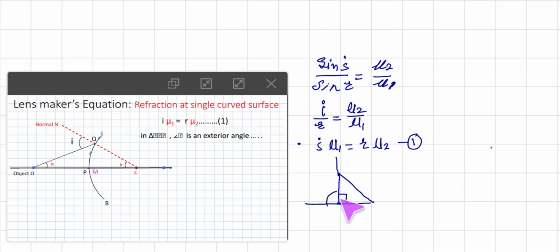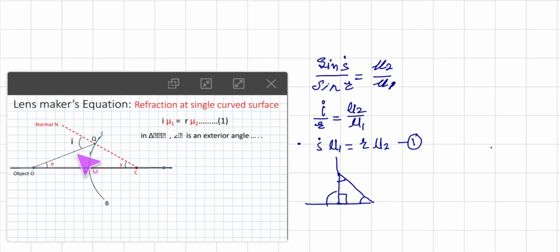So simply we know that the addition or summation of the three angles in a triangle is 180 degree, and here it is 90 degree. So this is also, we see, 90 degree. It is because the exterior angle is the summation of this angle and this angle. Okay, so remember that the exterior angle can be found out like this: the line is drawn close to this angle, so the addition of the remaining two angles is exactly equal to the exterior angle.